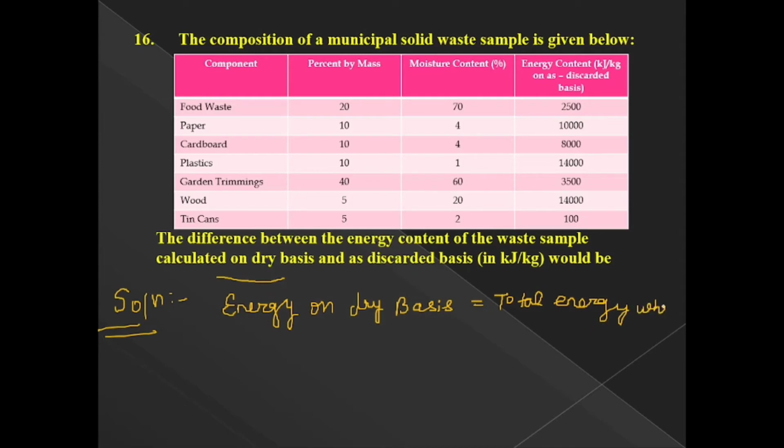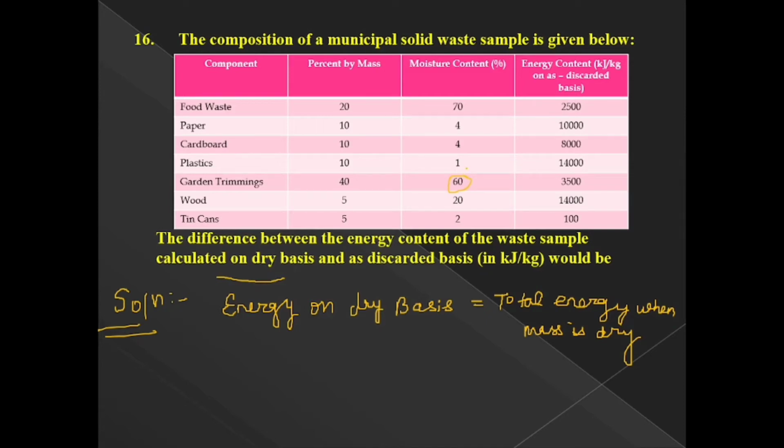Okay. So in the current situation only 60% of the mass is dry. Only these garden trimmings are dry. So energy corresponding to 60% dry mass is equal to,